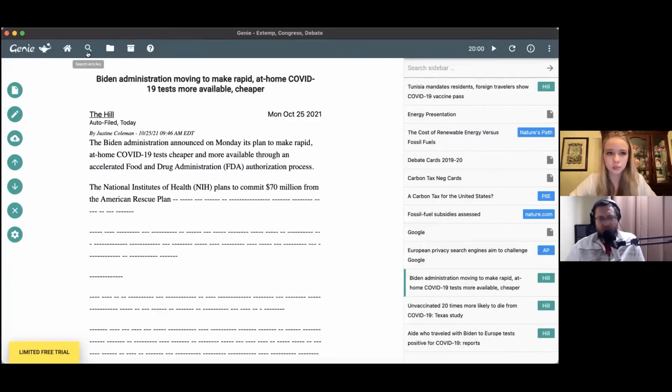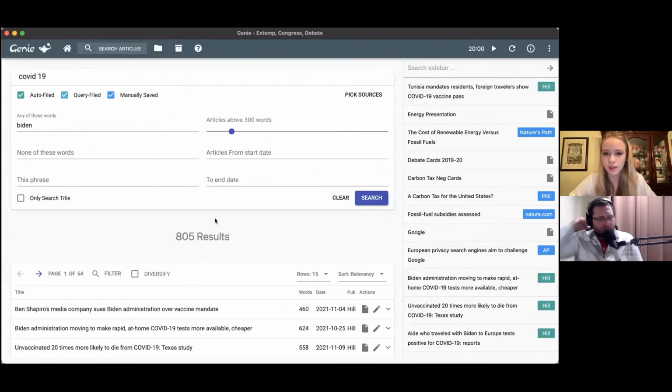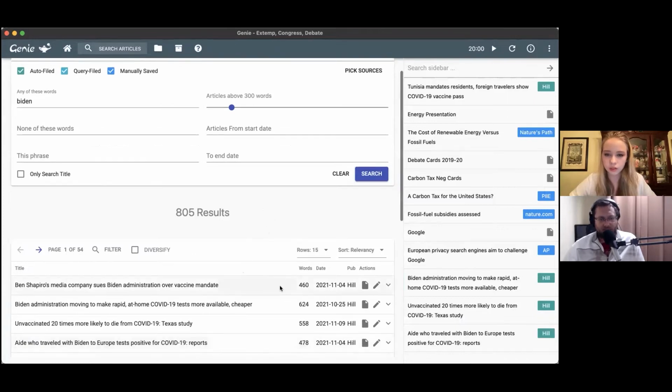You just go into the search bar and search the keywords in the question, and then quickly read through the articles and save them in your sidebar here. Yeah. So